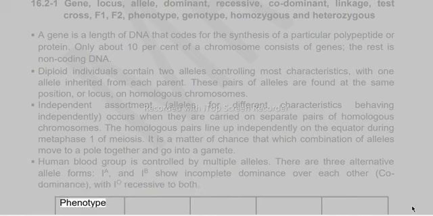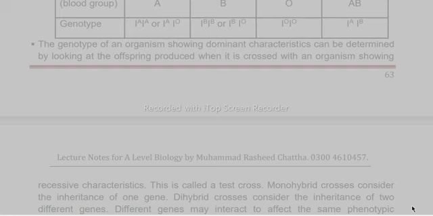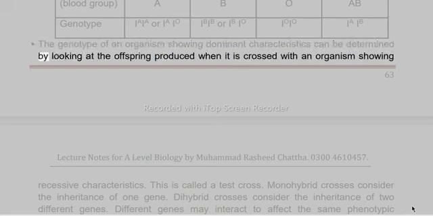Phenotype: blood group A, B, O, AB. Genotype: IAIA or IAIO; IBIB or IBIO; IOIO; IAIB. The genotype of an organism showing dominant characteristics can be determined by looking at the offspring produced when it is crossed with an organism showing